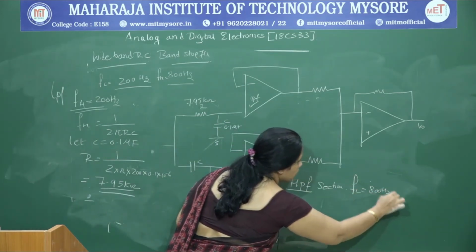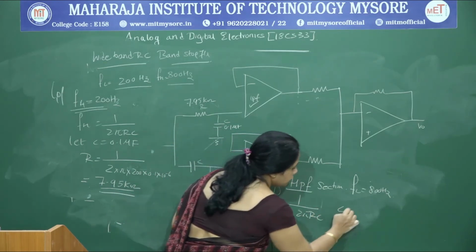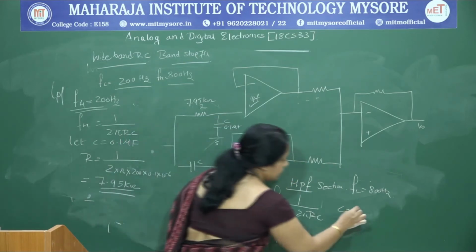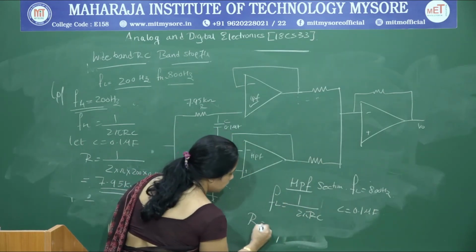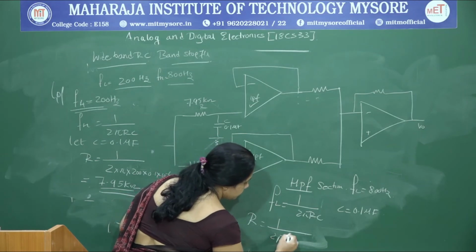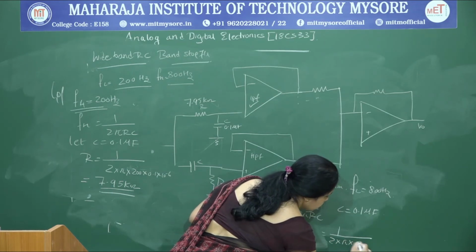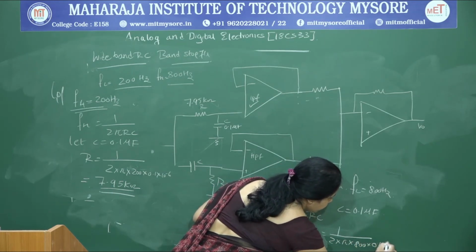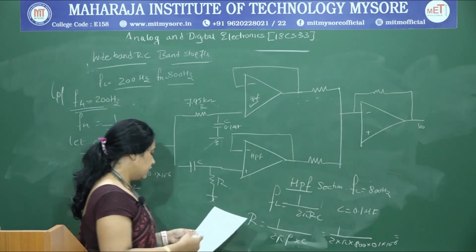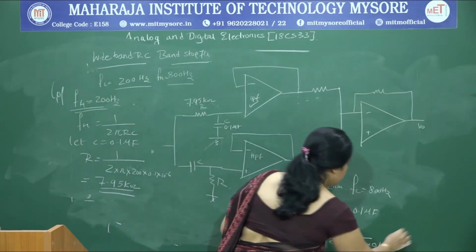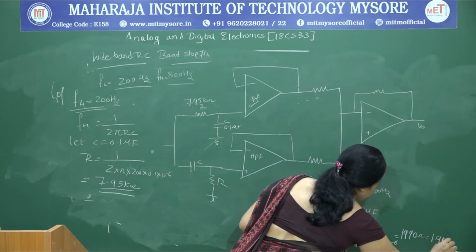800 Hz. So again the expression for cutoff frequency is 1 by 2 pi RC. I choose a value of C which is less than 1 microfarad, say 0.1 microfarad again. Substitute these values, I compute the value of R. So 1 by 2 pi F C, 1 by 2 into pi, F is 800 and C is 0.1 into 10 power minus 6. Substitute these values, you end up getting a resistance value of 1990 ohms or 1.9 kilo ohms.